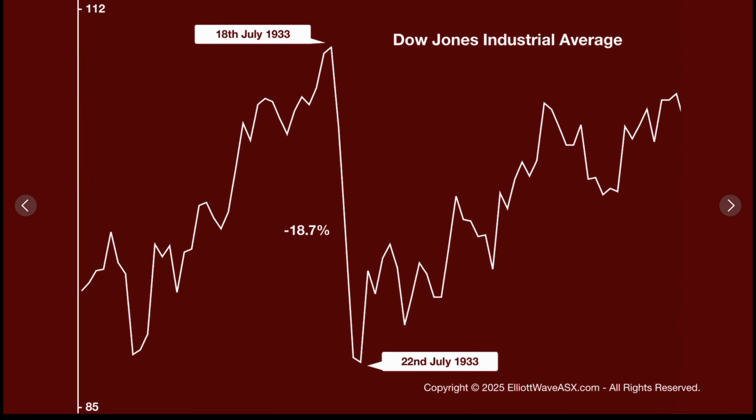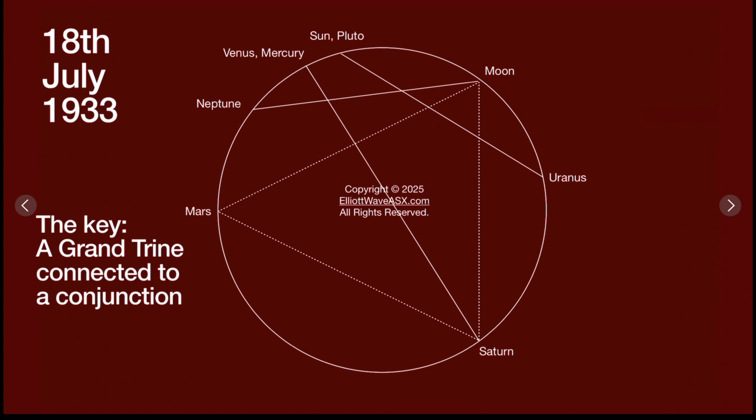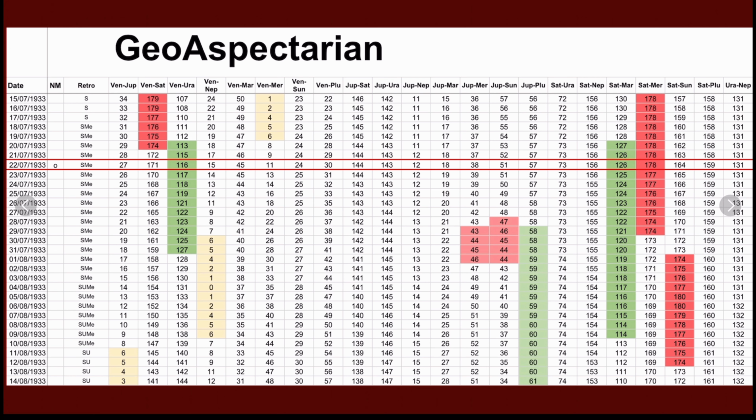Now back to how Gann predicted a mini crash. This was the setup at the high on the 18th of July 1933. We had a grand trine linked to a conjunction. Now if we look at the Geo-Aspectarian for the low on the 22nd of July 1933,